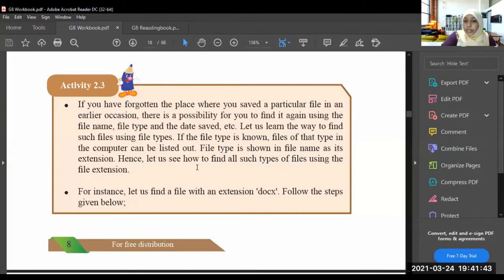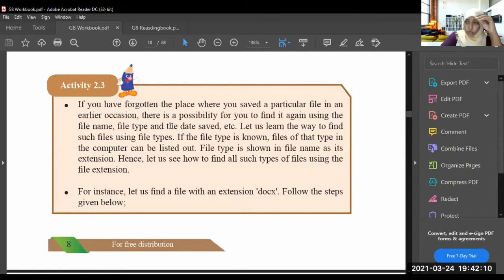So here they are telling, for an example, if you have forgotten where you have saved the file, then you can find the particular file by searching for the extension. Now imagine you saved a file, but you can't remember the name of the file, but you can remember in which software you have created the file.